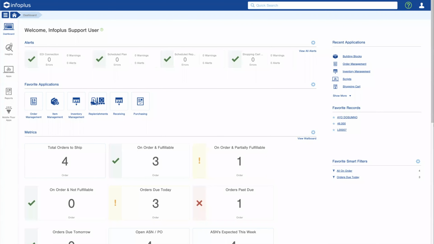So the first thing you might notice here is the Welcome Infoplus support user. As you may have guessed, I am logged in here as the support user in the Infoplus University site. This is important because with Infoplus, everyone that has access to the site will be able to not only customize their dashboard, but also other areas of the system as well based on their functional role, what data they're interested in, and personal preferences. So I'm going to go ahead and start top to bottom, left to right here and explain everything you're seeing on the dashboard,